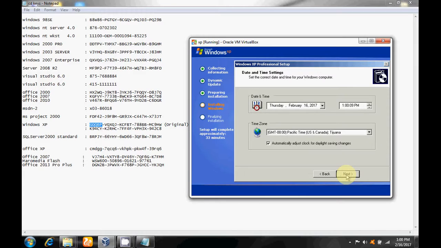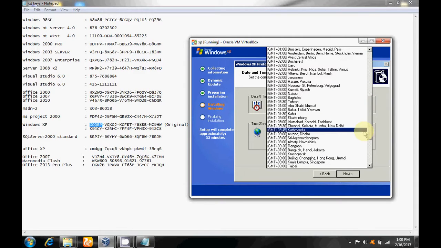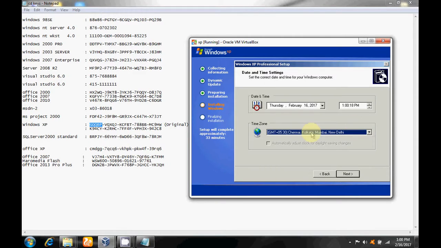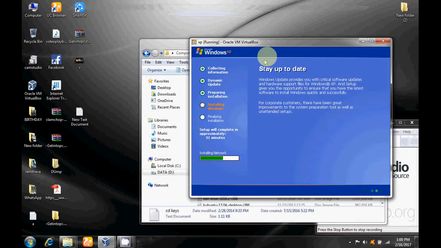Removing any temporary files used in installing Windows XP. Now it is restarting. Booting up.